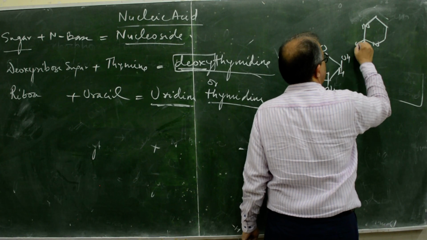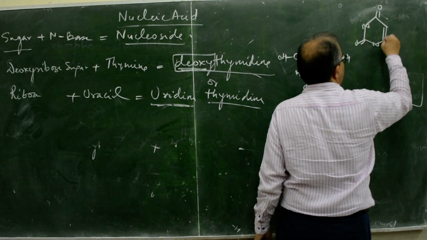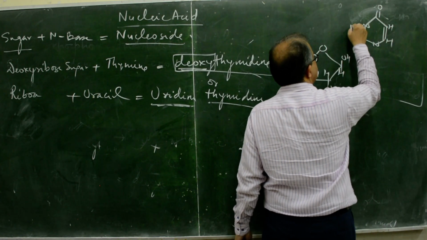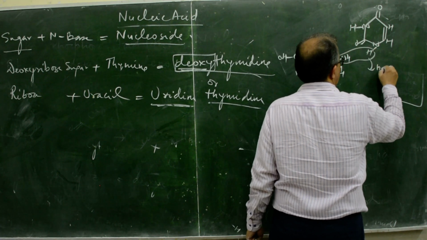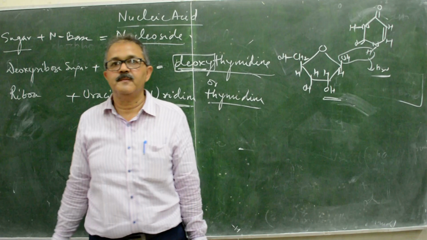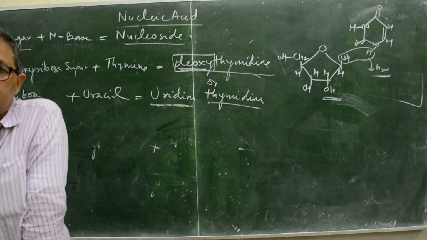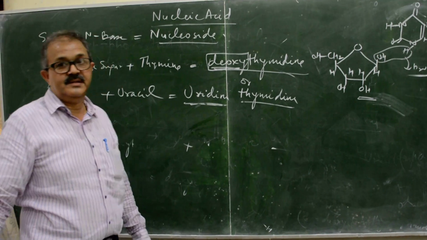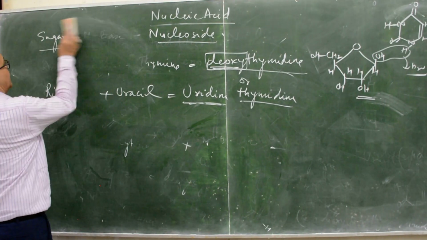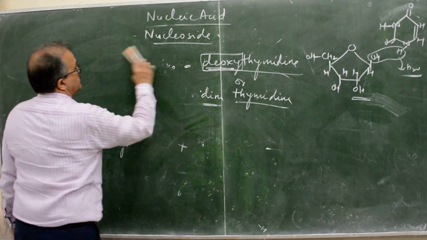Uracil, 2,4-dioxy, no methyl. If there is a methyl, it is thymine. H2O. It is a glycosidic bond. This is thymine. Now come to the nucleotide, the unit of complete